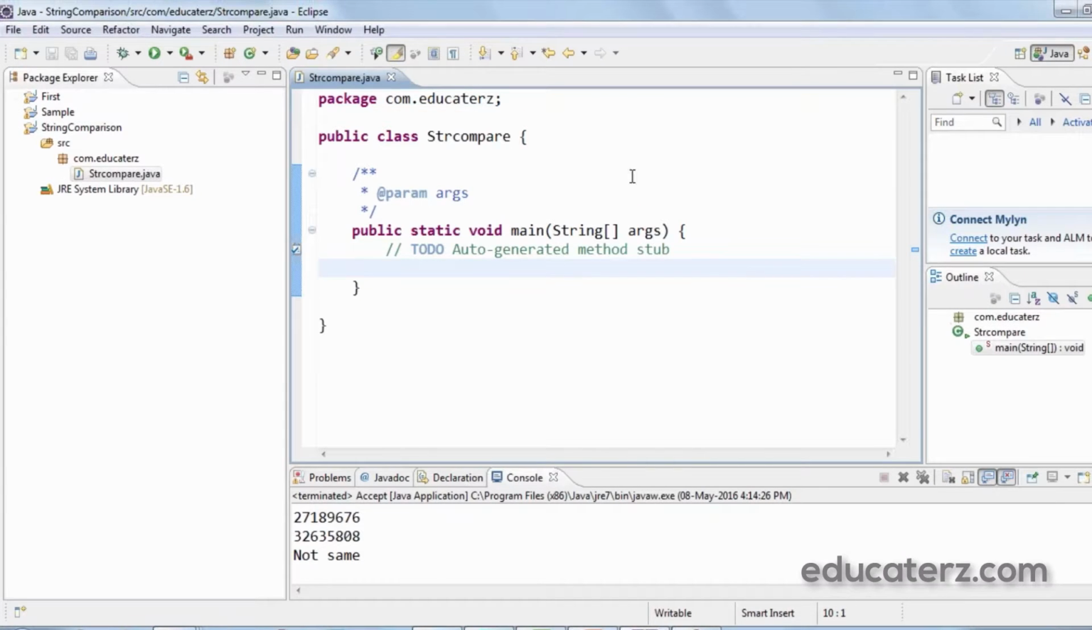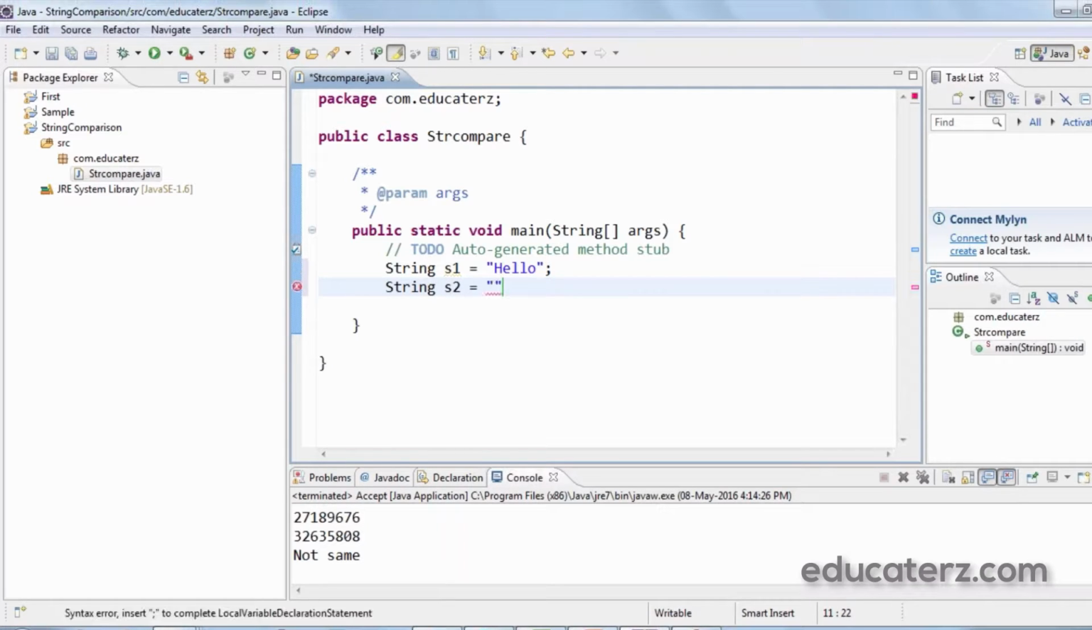We have seen different ways of creating a string. So let me create the first way, that is String s1 = "hello", and String s2 = new String("hello");